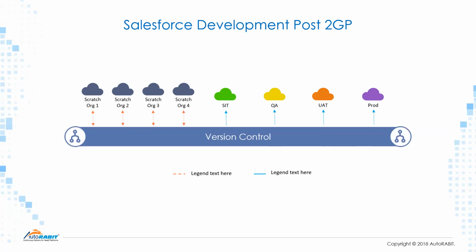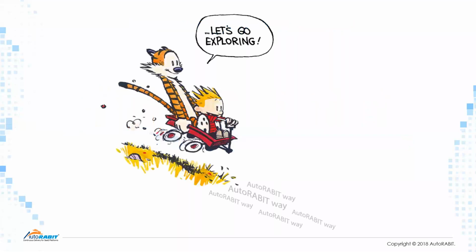So developers would be working in the scratch orgs, making sure that they have all the base packages or the base metadata that you need in order to develop a package. Now, we will talk more about how you develop this base package. So for example, I have an application, a user story that requires 10 custom fields and 10 Apex classes to come into my scratch org, but I'm not sure what other dependencies I have in order to make sure that I have this base package in my mind. And that's where AutoRABIT has created solutions to help the Salesforce development community to take it further. So let's go exploring